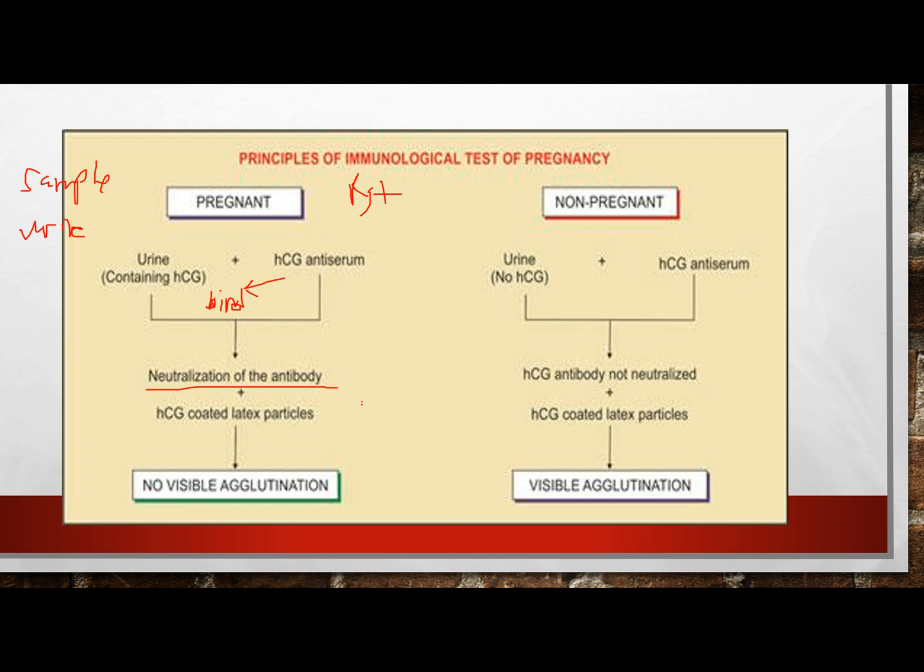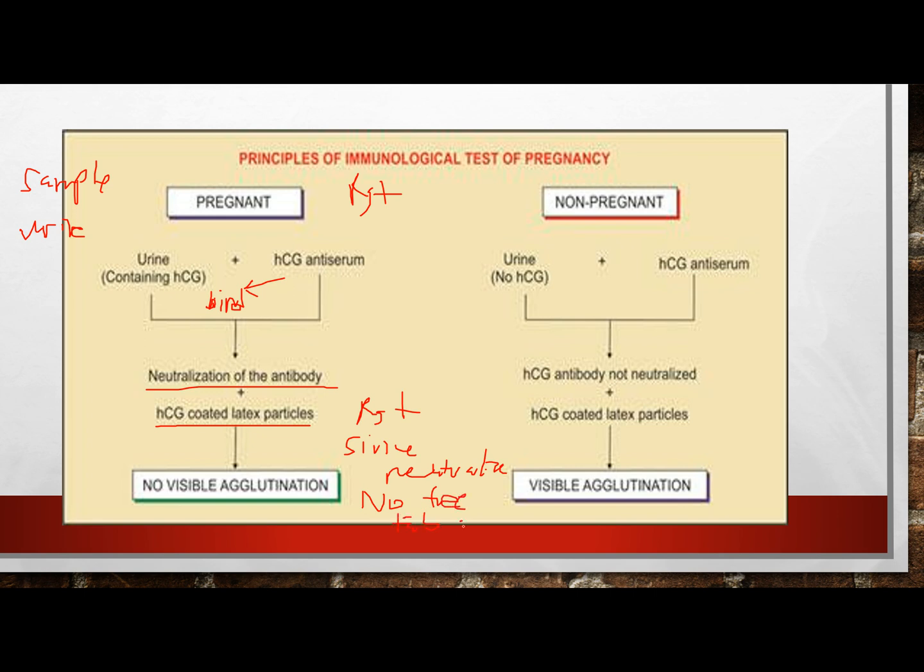After that, class, you add another reagent. This time, you add HCG-coated latex particles. But since you've already neutralized the antibody by having the HCG antiserum bind with the HCG, there would be no free